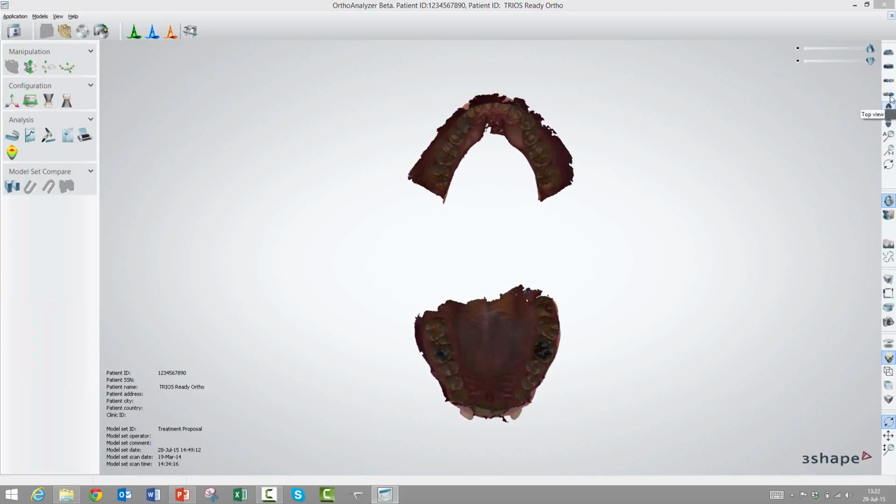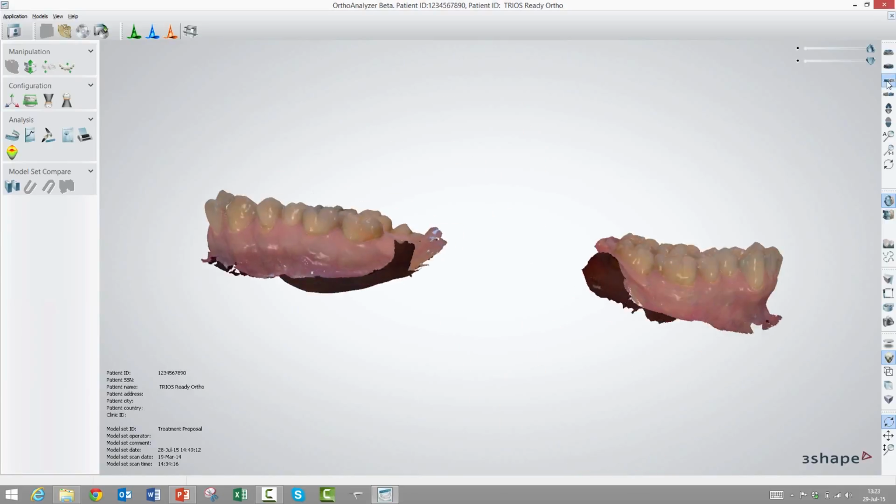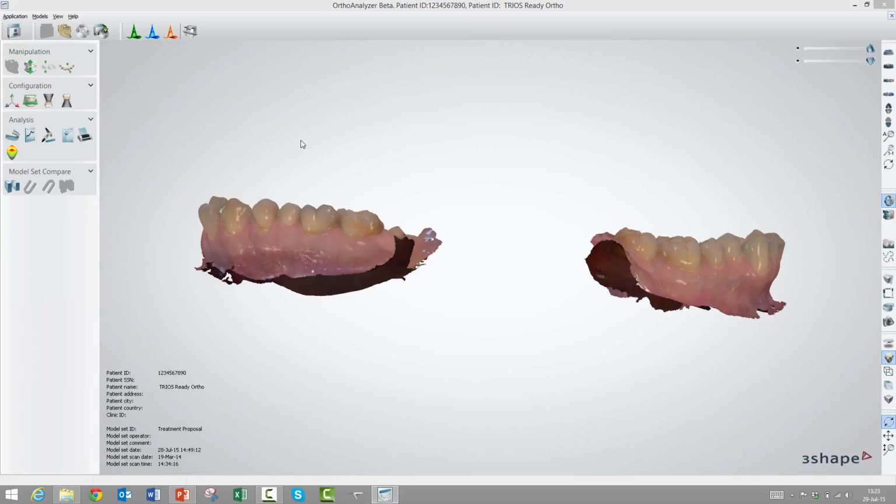Okay. Now if I go back to, let's say, this view here, you may in some cases want to have the 2 jaws a little bit closer to each other for comfort when you have this view. I'll show you a little special tool to do that. It's a little bit out of the sequence and we have a separate video on that, but I'll show it to you real quick here. So what you do is you place the open view in sort of the side view, and then you go on this main functional panel here and choose the 3rd icon called alignment for open model set. So when you click on this,